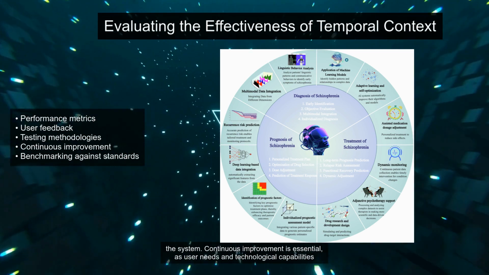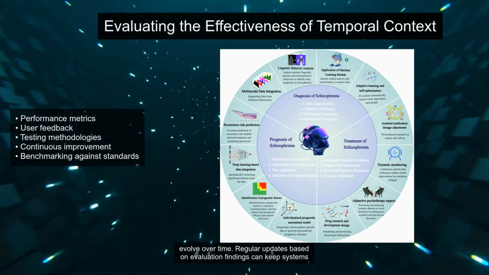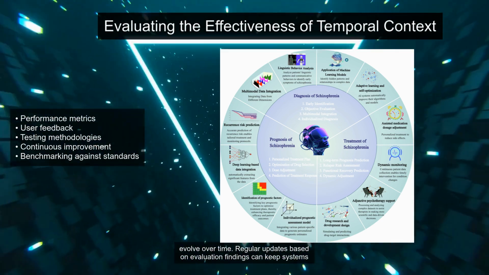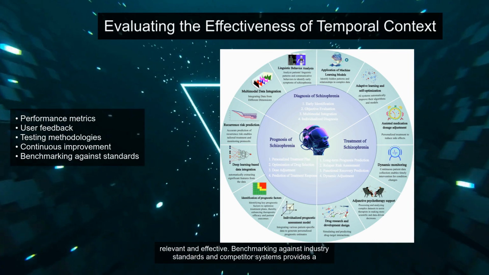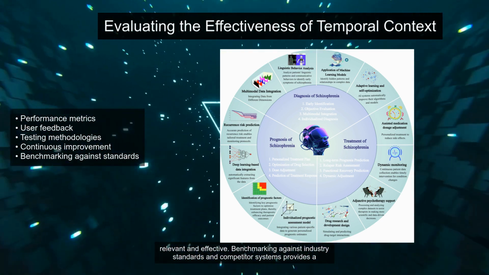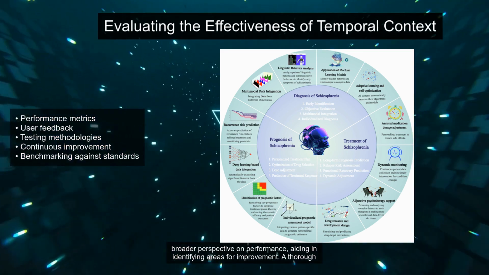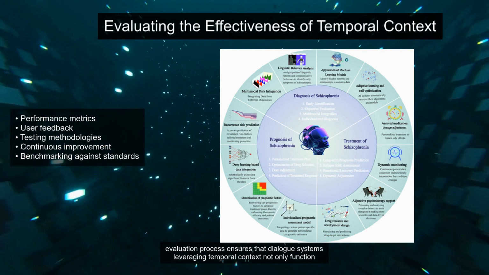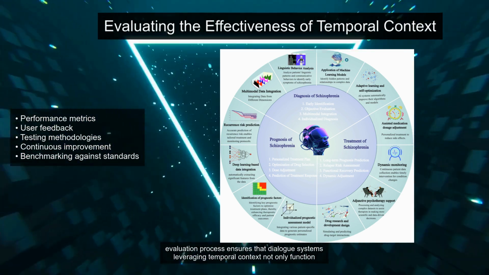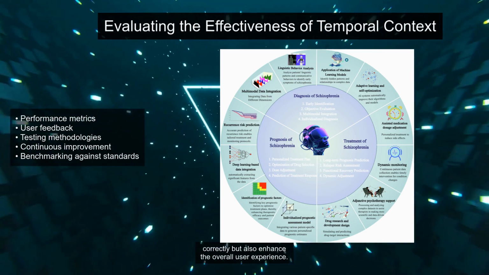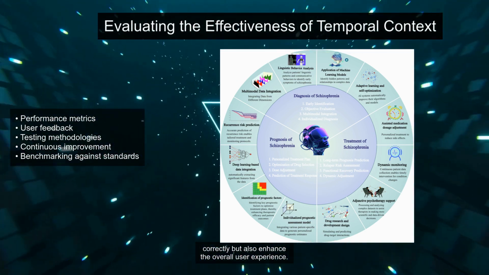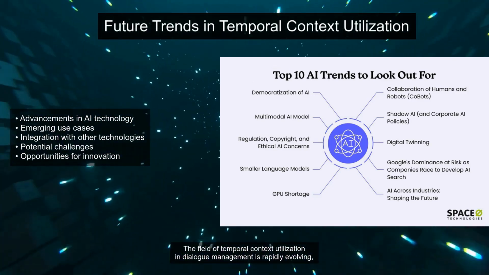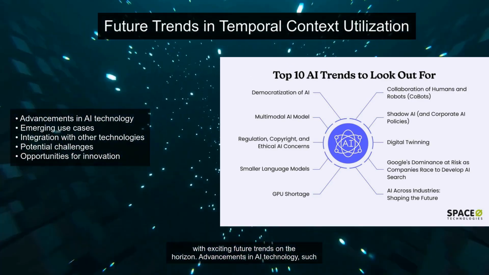Continuous improvement is essential, as user needs and technological capabilities evolve over time. Regular updates based on evaluation findings can keep systems relevant and effective. Benchmarking against industry standards and competitor systems provides a broader perspective on performance, aiding in identifying areas for improvement. A thorough evaluation process ensures that dialogue systems leveraging temporal context not only function correctly but also enhance the overall user experience. The field of temporal context utilization in dialogue management is rapidly evolving, with exciting future trends on the